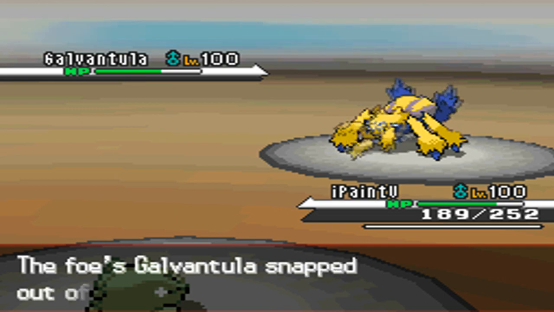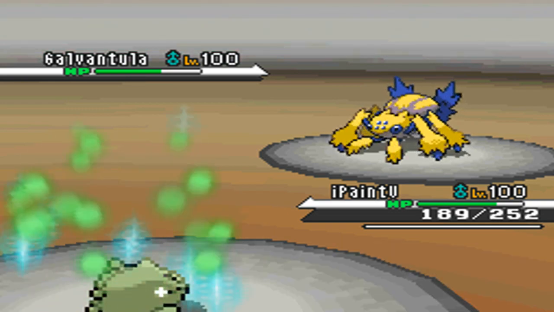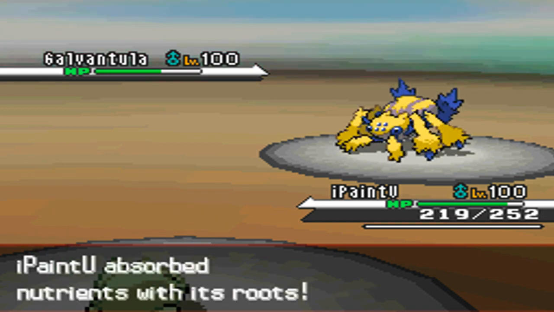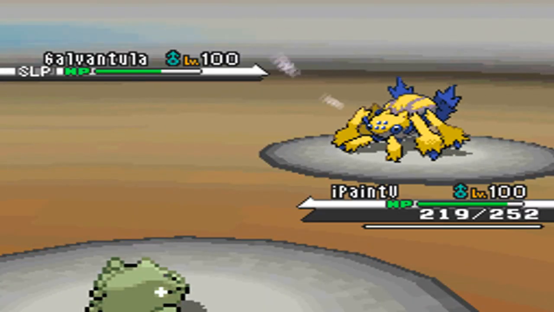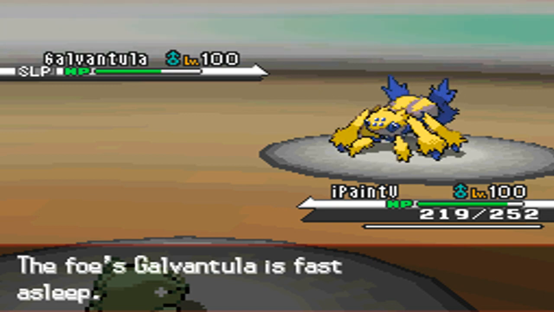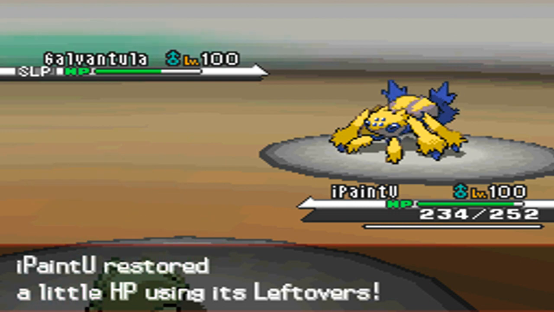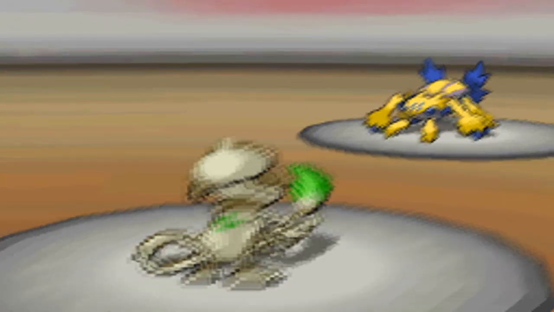He does wake up, unfortunately. He snaps out of confusion too, and he doesn't hit with Thunder. So luckily, it wasn't like everything was perfect for him. Okay, so now I'm gonna put him back to sleep. I'm sure he's probably really annoyed at this point. So now he's asleep. I got a substitute up. I got some evasiveness. I got Ingrain. I'm gonna Baton Pass, and I'm gonna Baton Pass to